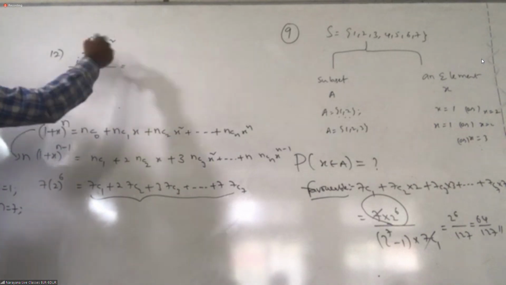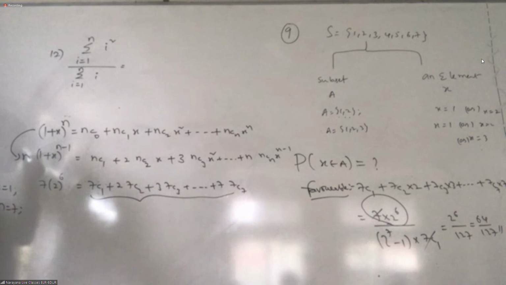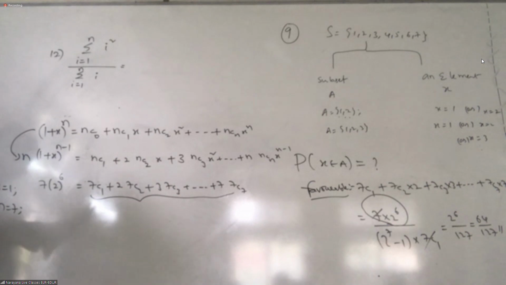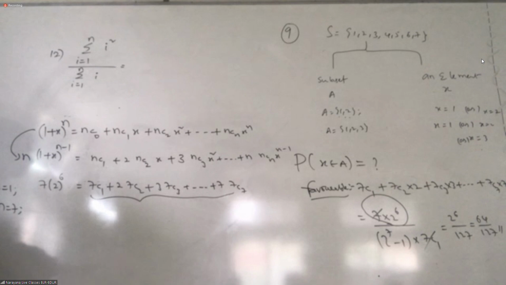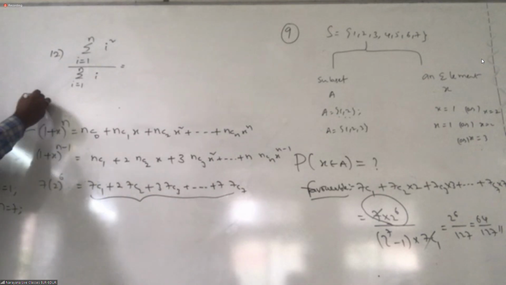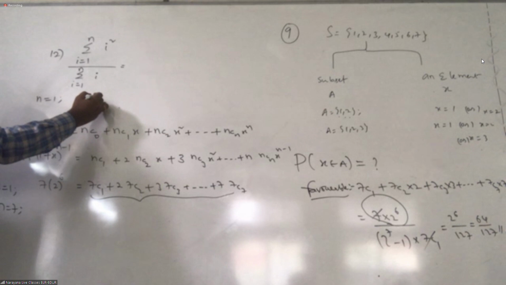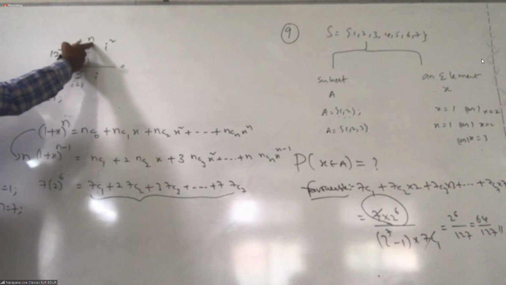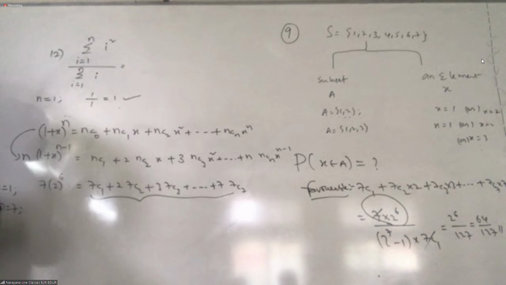Okay, that means if I generally substitute, see, the number n is randomly chosen. You can choose n to be any number, not required to stop at a particular one, all numbers we need to take. Got it? For example, you can take n equal to 1. What is that if n equal to 1? Here i equal to 1 to 1 means only 1. 1 by 1 is an integer, right? So it's possible.